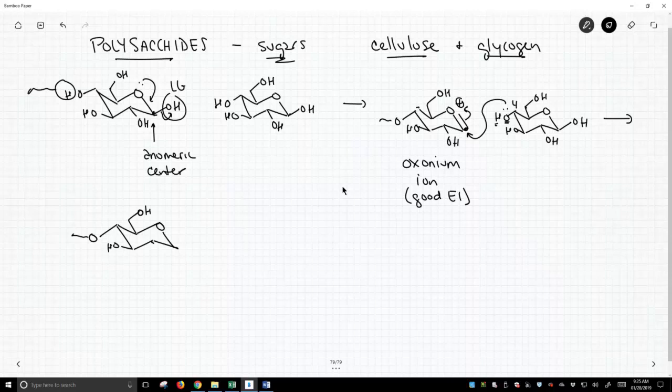So here is our original glucose. That's our original monomer. This has now been attacked by our second glucose monomer from the 4 position. And now we've made a connection, a linkage,